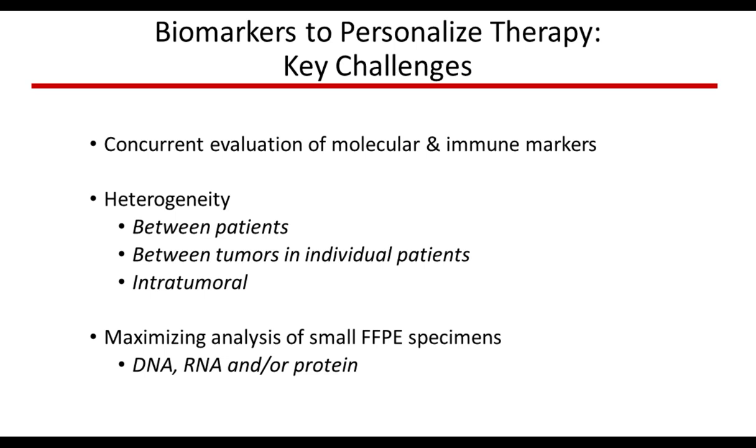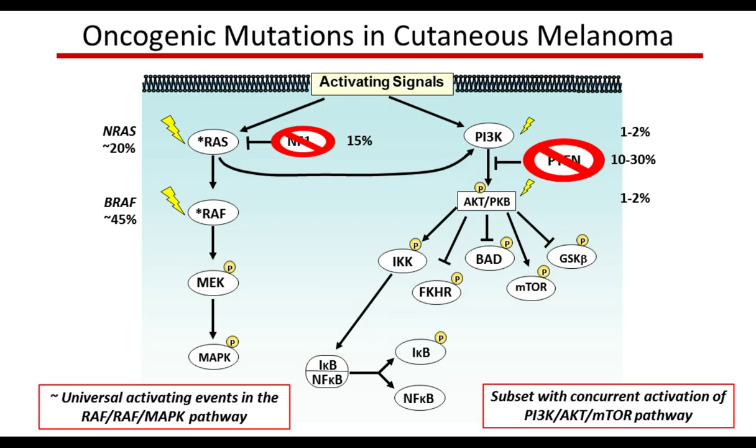And finally, as a clinician, one of the ultimate challenges we have is really to undertake approaches that allow us to develop and test biomarkers using very small clinical specimens, and most commonly formalin-fixed paraffin-embedded tissues. And this is, again, an area where we've had multiple advances over the last few years and increasing capabilities, but we have to recognize the need potentially for the ability to look at DNA, RNA, and or protein on these small specimens. And so what I'd like to spend the next 15 minutes or so talking about is some of the research that we've done in melanoma and how these questions and challenges are being addressed.